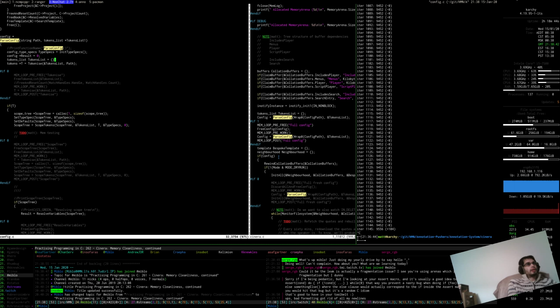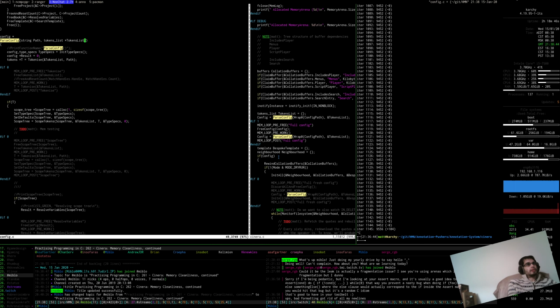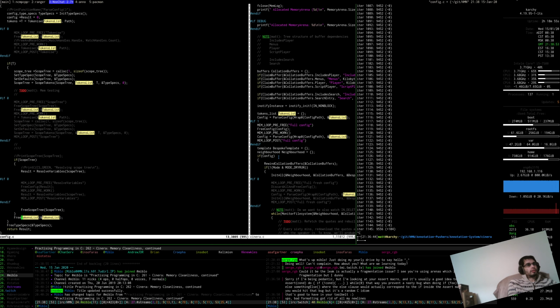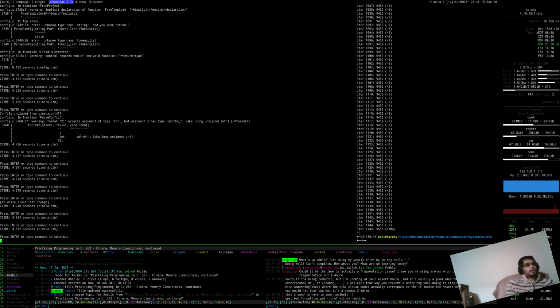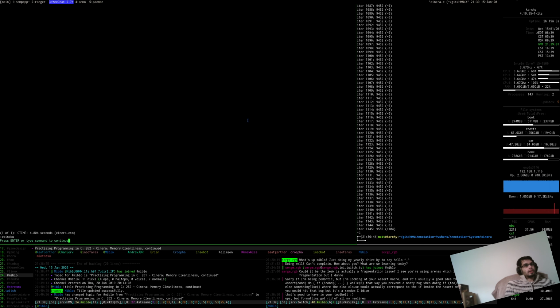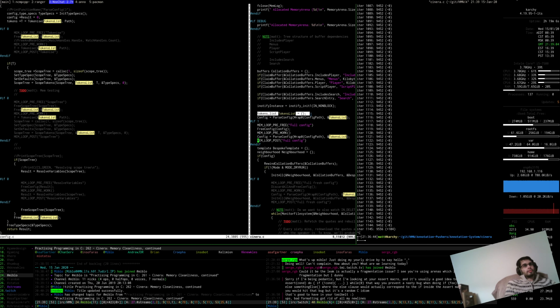But if we do not do that, we're instead initializing our tokens list here and passing this tokens list into parse config. And similarly, we're passing it into the loop here for it to be used here. If we do it that way,